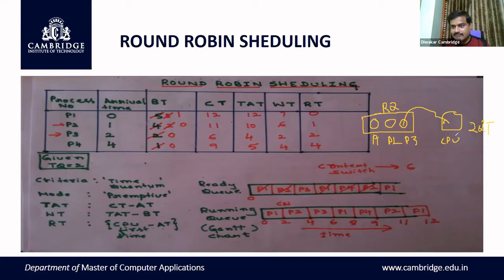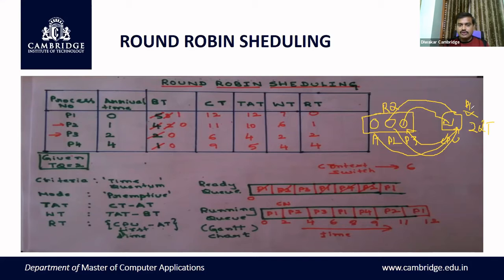After that, what happens? The CPU will preempt this process and send it back to the ready queue, if the process still has remaining work to execute. Next, the process P2 will be sent back to the ready queue by the CPU after executing 2 QT. Now, if process P1 completes within the time interval of two units, then the process will be removed from the memory.